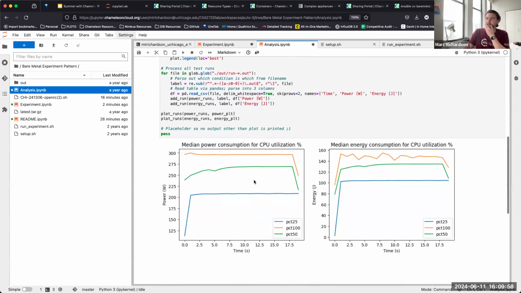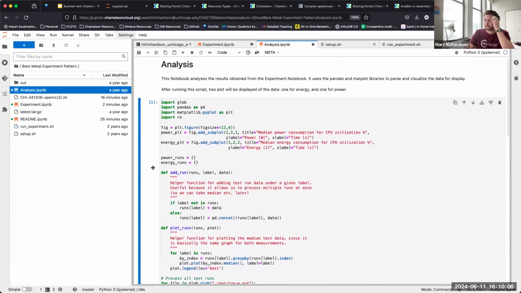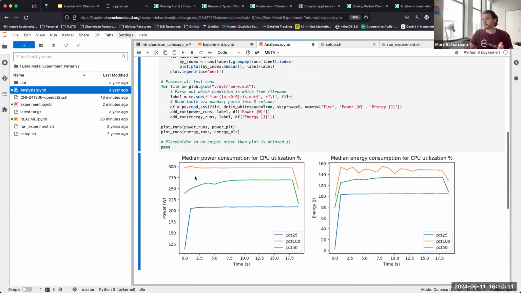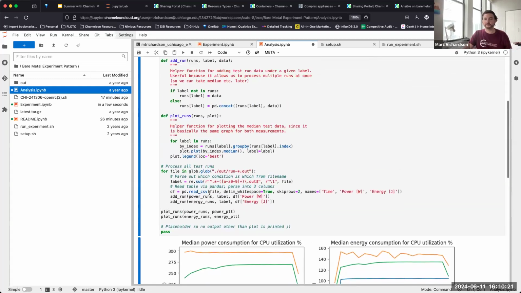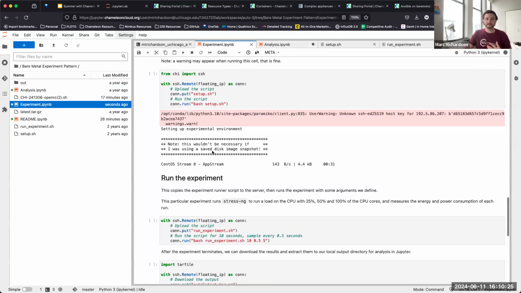So again, this is why it's really useful to use the Jupyter interface with these different environments and interfaces, because you're going immediately from reserving the resources, running the experiment, to getting the results, and then actually presenting them, and doing that all in one place,